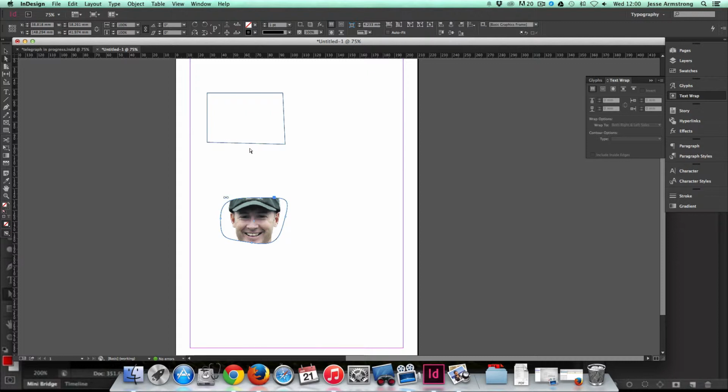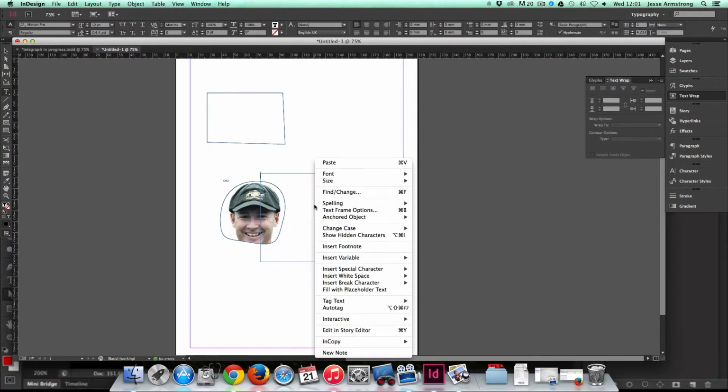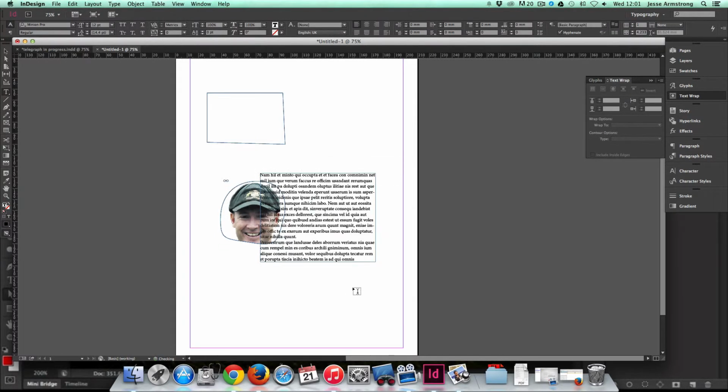And so forth. Now this can be particularly useful for wrapping text, which I shall demonstrate to you now. If I adjust the size of this slightly using the direct selection tool. If I create a text box using the shortcut T, and place that here and fill with placeholder text, what I can now do is if I select this picture frame here,